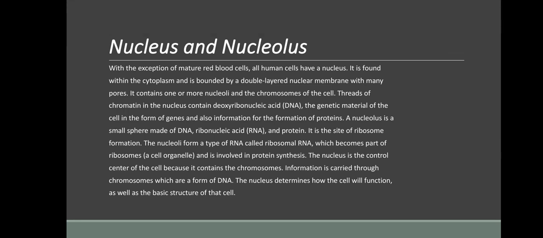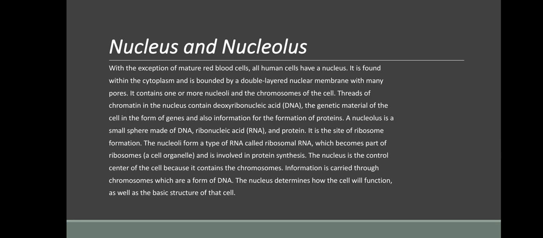So the nucleus and the nucleolus. With the exception of mature red blood cells, all human cells have a nucleus. A nucleus is found within the cytoplasm and is bounded by a double-layered nuclear membrane with many pores. It contains one or more nucleoli and the chromosomes of the cell. Threads of chromatin in the nucleus contain